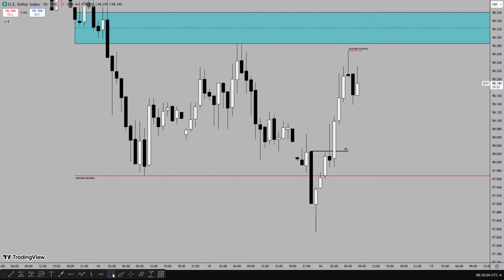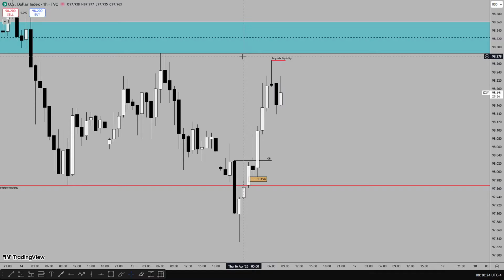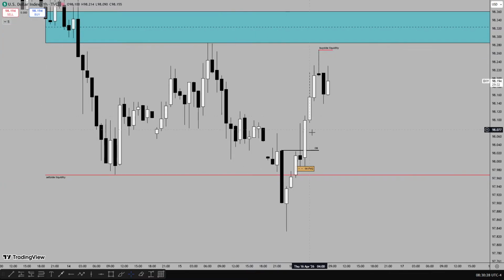And there's a 1 hour fair value gap before the inversion fair value gap, but just mark out the 1 hour fair value gap. The point is that you need to take note of all points of interest before actually looking for your buys. Now, the drawn liquidity on price is to run the high, the 4 hour swing high, which is aligned with the daily fair value gap. And the power of three is in our favor because from the opening price, price took out the sell side liquidity, did a shift in structure before the 3 a.m. So there's a silver bullet setup called the 3 a.m. to the 4 a.m. setup, which, if you understand price action, is easy to take advantage of.